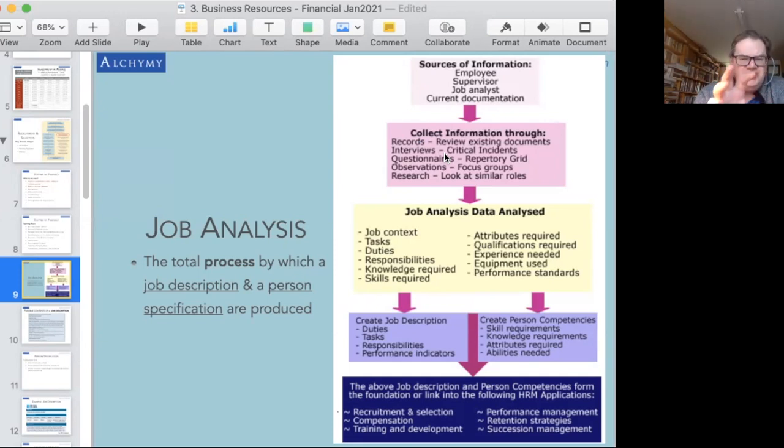So using that information, we would collect it from interviews, by looking at records, by looking at processes, by observing people, by maybe conducting a little bit of research, maybe by having survey questions going around. One of the ways that I used to do it was, we used to tell people, listen,